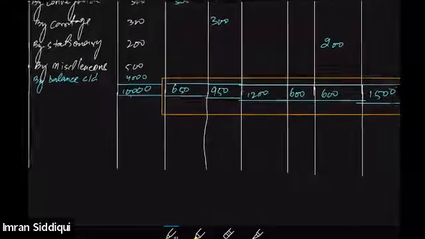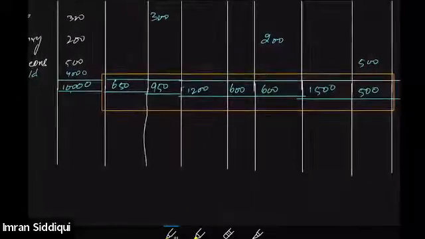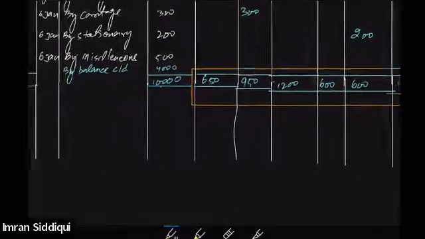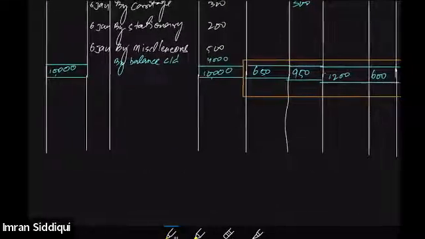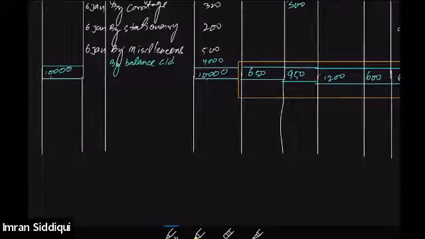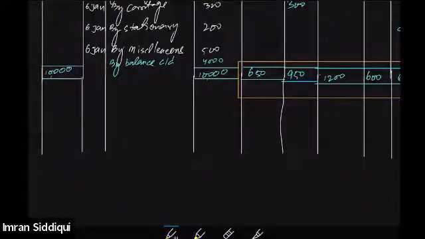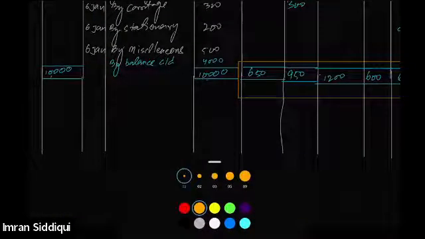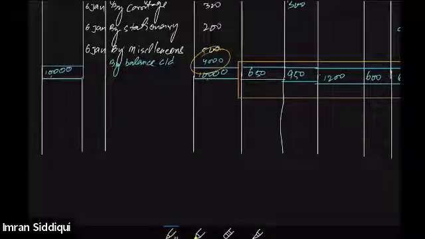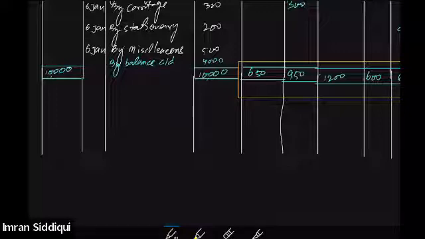All right. Is that clear, everybody? Now, since the question requires us to prepare the petty cash book based on the imprest system, that means we will have to maintain an opening balance for each and every month equal to 10,000. So right now we have a closing balance of what amount? We have a closing balance of 4,000 only, but we will have to maintain an opening balance in the next week